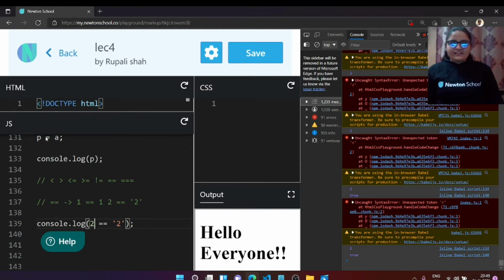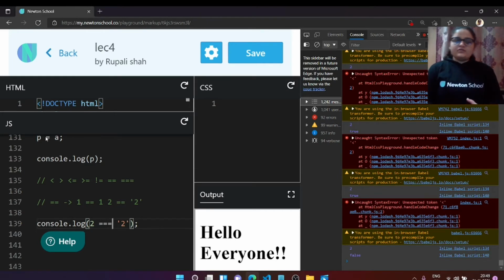So that was the thing that I was saying in the above lines, that this is a number and this particular thing is a string. Still it returns true because the main purpose of this double equals to is to compare the values, not the types. Now to compare the types, you will be needing triple equals to. So as soon as I converted double equals to triple equals to, it gave me false.